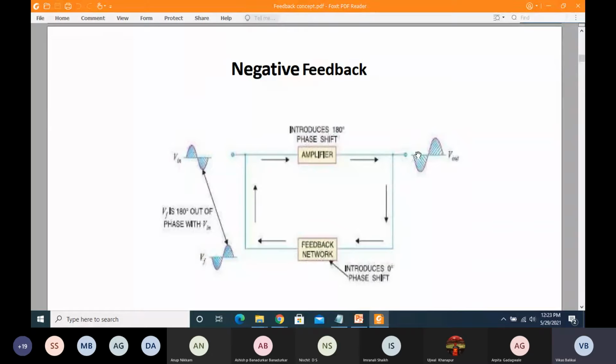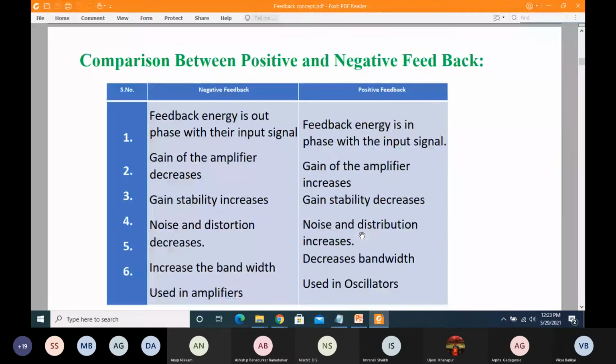In negative feedback, we again introduce a 180-degree out of phase outcome at the output over here. And this feedback network, whatever we saw in both positive and negative feedback, is made up of passive elements. It is represented by the term beta. That's what we have learned in all our previous op-amp lectures.